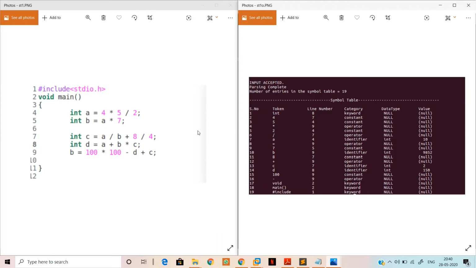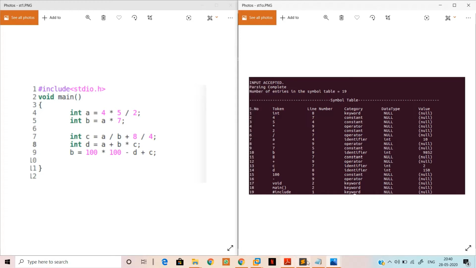Then correspondingly, we can also see that b is evaluated at line number 9, and its value is 9852, so we have also handled expression evaluation.